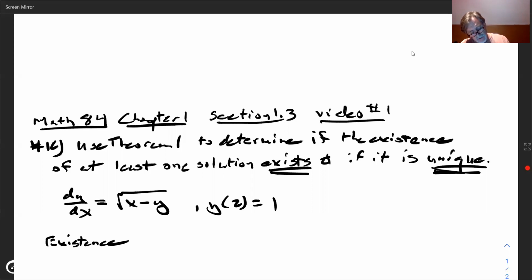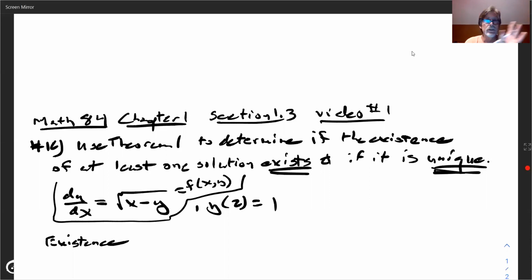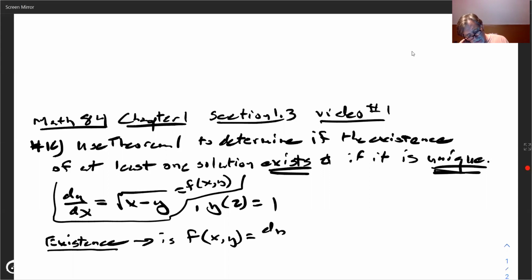Okay, so they use this notation. Let me write it somewhere. If you call this f of x comma y, that'll warm the cockles of the hearts of people that went through Calc 3. Yes, multivariable. The derivative is actually a function of x and y, two variables, but don't get hung up on that. So the existence part of the theorem asks: is f of x, y, which is really dy/dx, which in our problem is the square root of x minus y, continuous